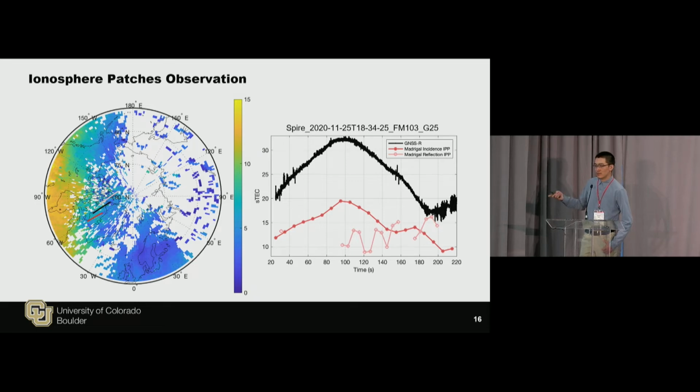This is an ideal situation where we can use a refraction signal to augment the TEC observation. If we take the difference between this black and red line, I think that will be a more accurate estimation of the TEC for that purple line here. There we have very sparse observation, and the mapping results don't seem to be very accurate.